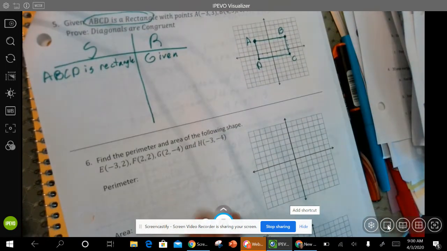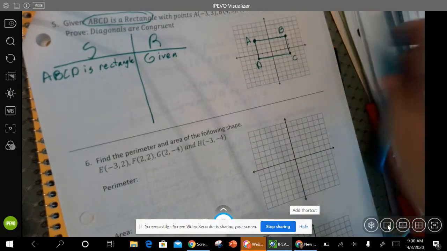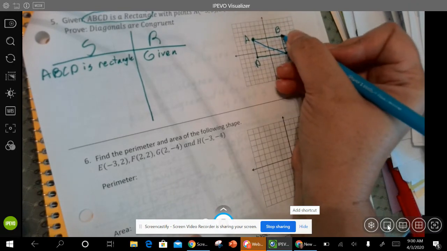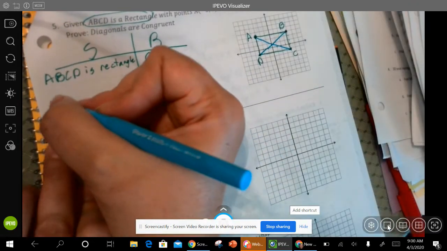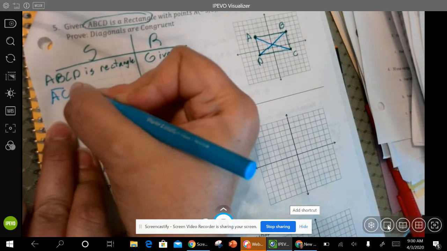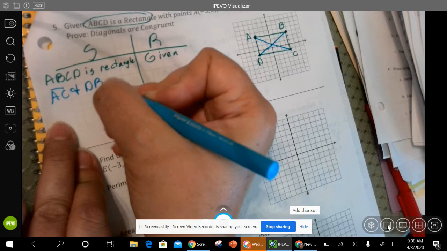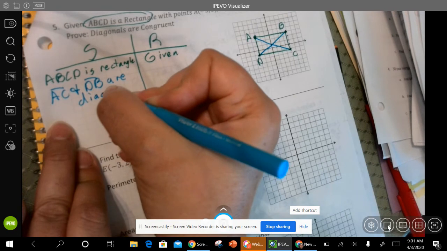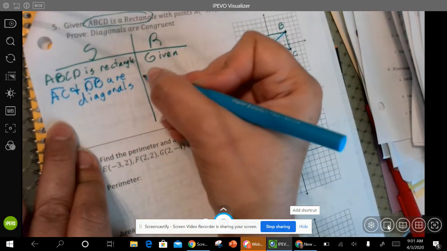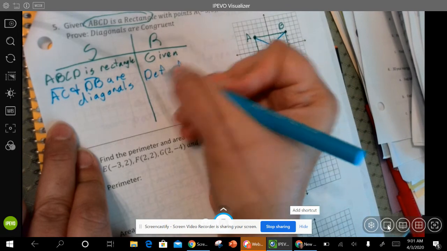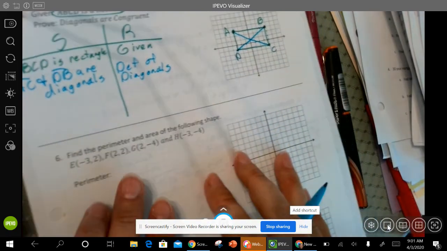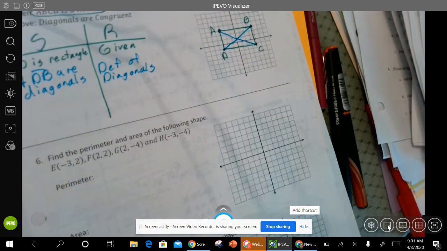Okay, and what we know is, we're still going to work with the diagonals. And for a rectangle, AC and DB are diagonals. And we know that by our definition of diagonals. Okay, and how we can figure it out. So everybody remember, we can still figure out what the